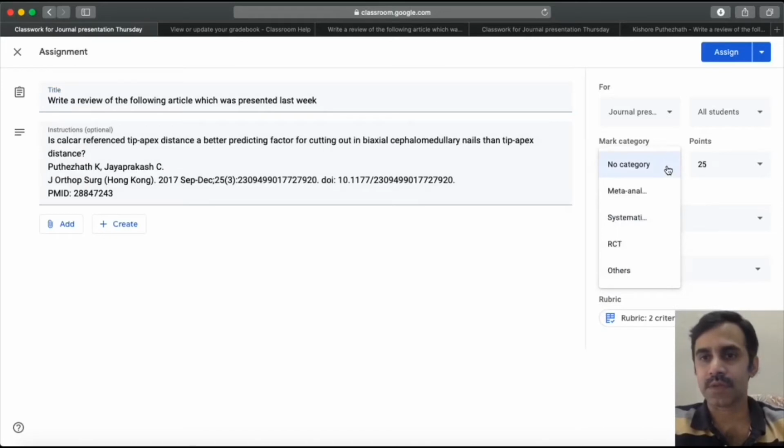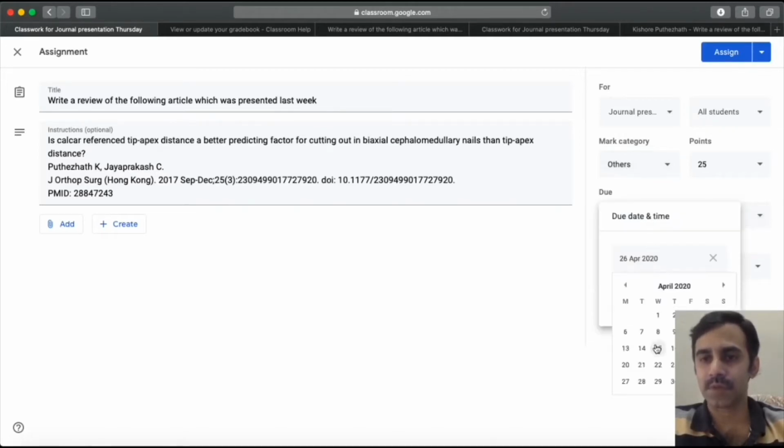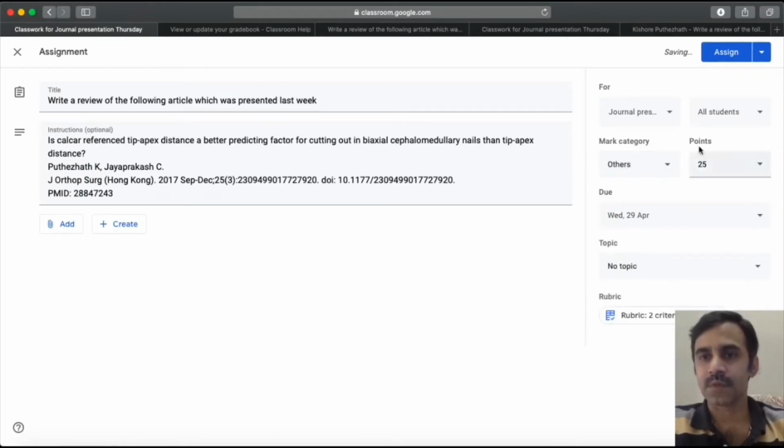And we can create the mark category as others and the due date can be given as next Wednesday. Once this much is done, we can assign and this assignment will be given to the student straight away.